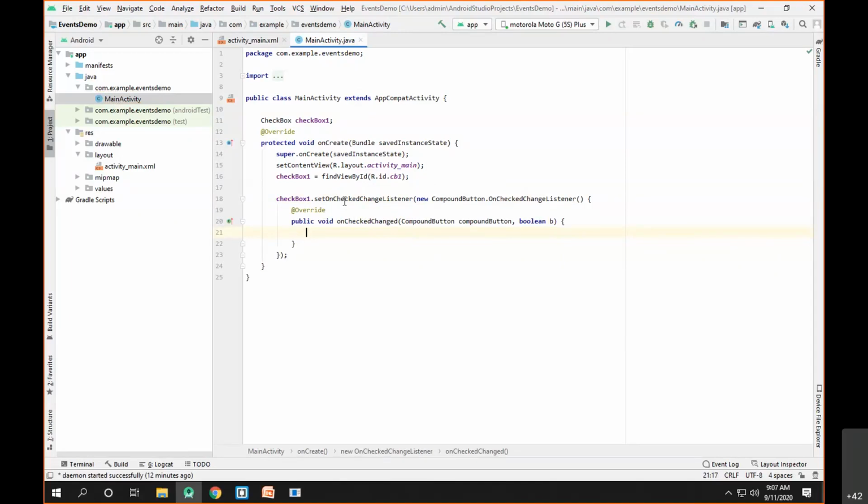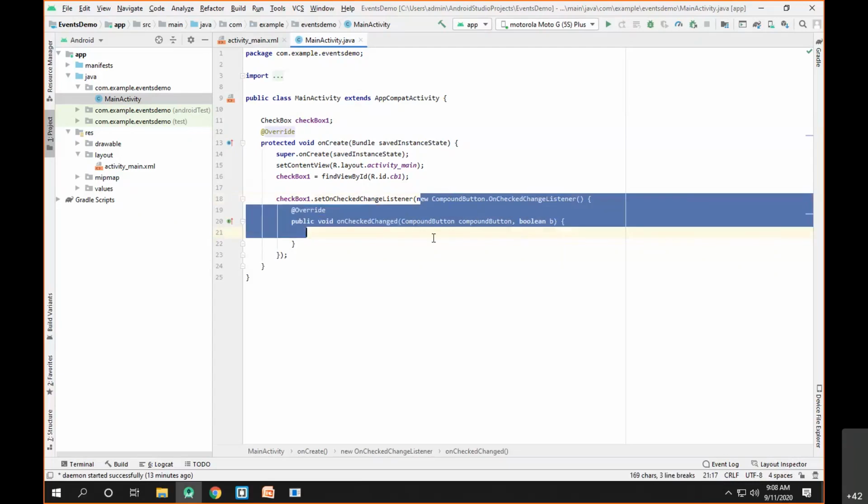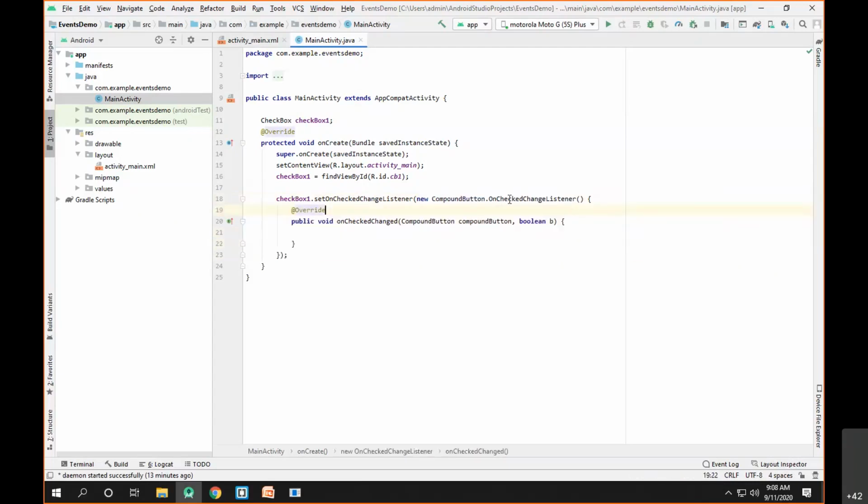If you are implementing the interfaces, we need to override the abstract method. So we are actually implementing our interface, the OnCheckedChangeListener interface, by implementing an anonymous inner class.